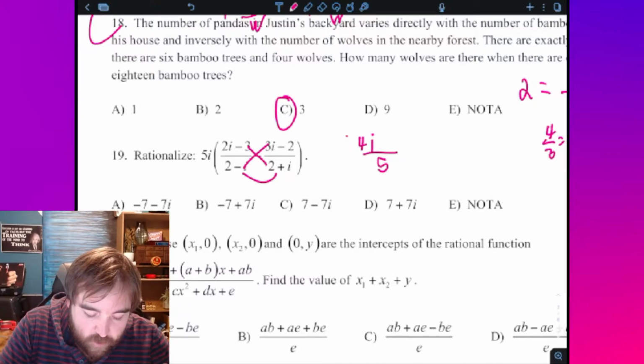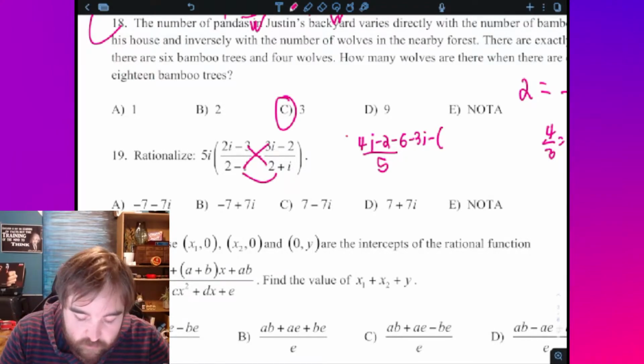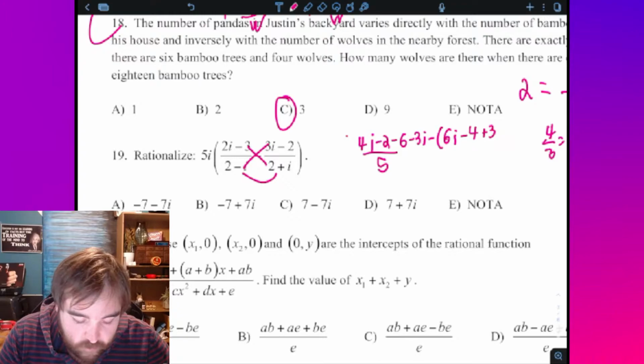So that's 4i minus 2 is plus 2i squared. And then minus 6 minus 3i. And then minus, I'm just going to do it in the parentheses, 6i minus 4 minus 3i squared, so plus 3 and plus 2i